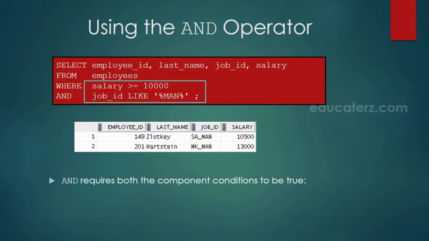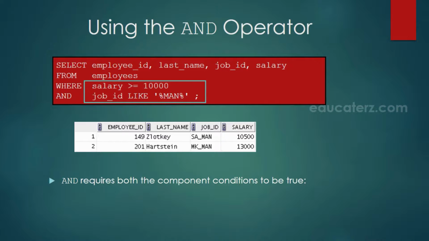Suppose I want to include two conditions in the WHERE clause, then I will use the AND operator to separate those two conditions. For example, I want to retrieve the employee details such as employee ID, last name, job ID, salary from the employees table where the salary is greater than or equal to $10,000 and job ID like '%man%'.